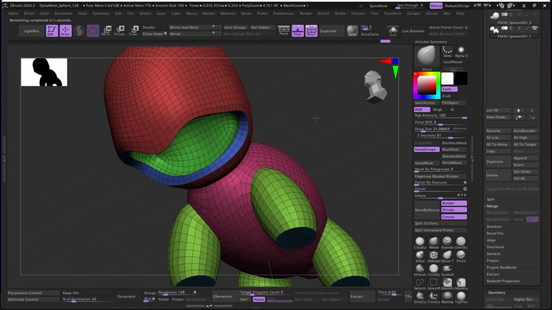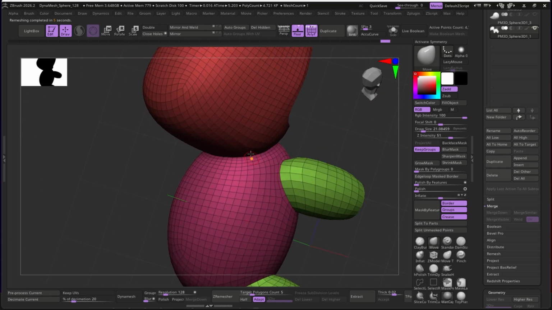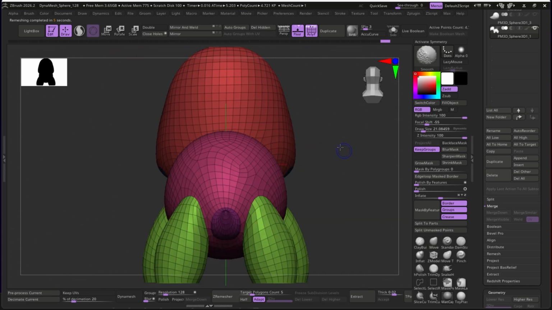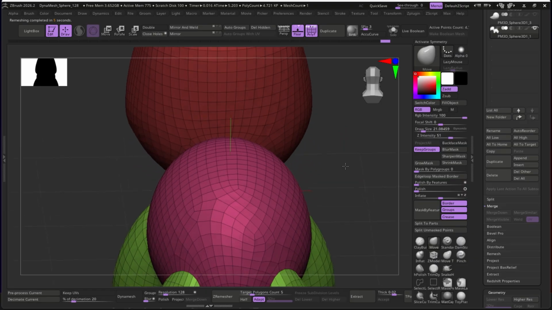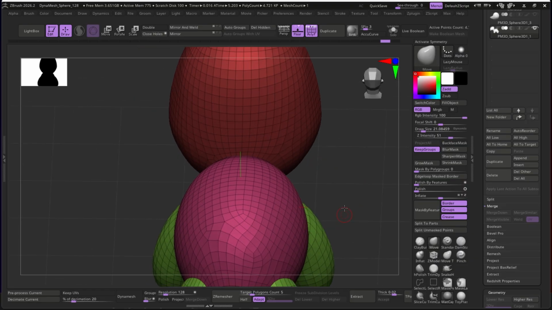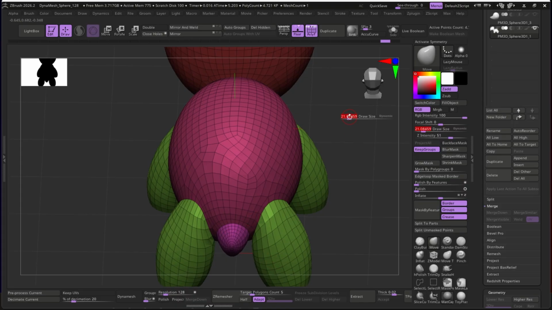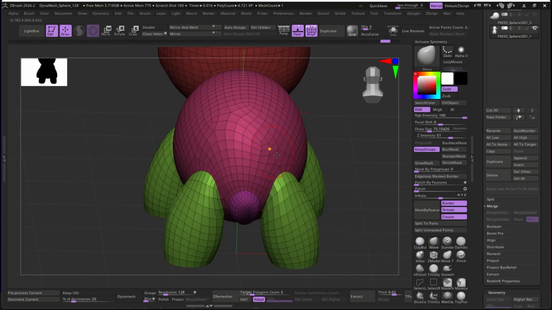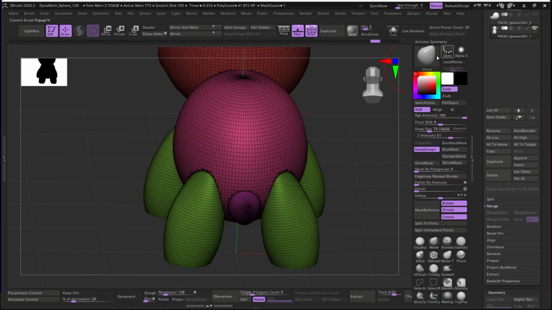And there we go. We have our body merged and we have a nice even topology. However, if we look at the back part, for example, it's really visible. If we don't have symmetry on while we do the ZRemesh, ZRemesher can sometimes be very asymmetrical, even though the shape is very simple. So I highly recommend turning on symmetry before doing the ZRemesh, because if you would